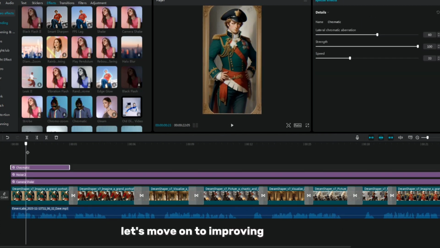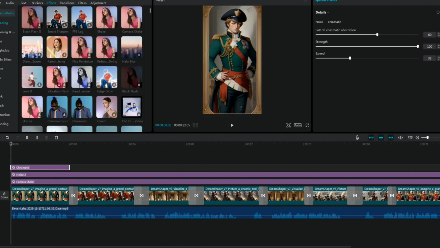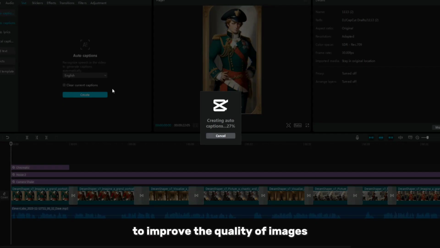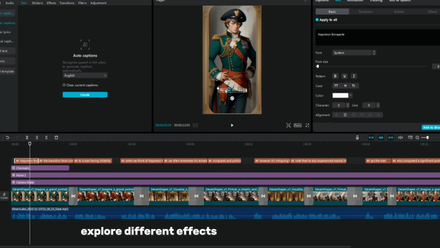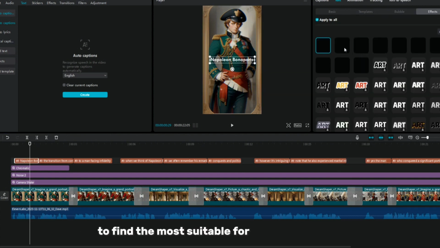Let's move on to improving the visual effects by including additional effects. Let's start with clarity to improve the quality of images. Place the images on the timeline and make sure they cover the entire video. Explore different effects suitable for visual effects and play around with different options to find the most suitable for different scenes.